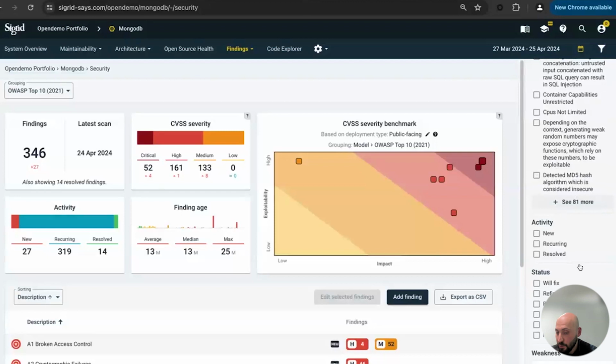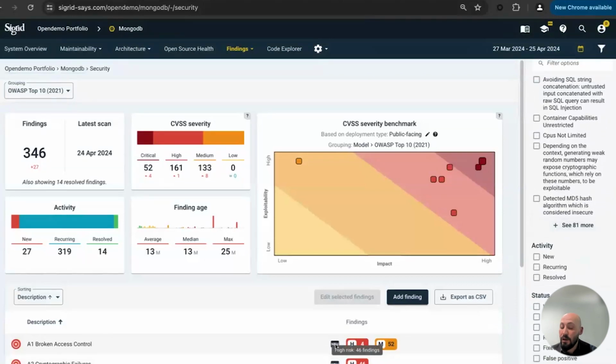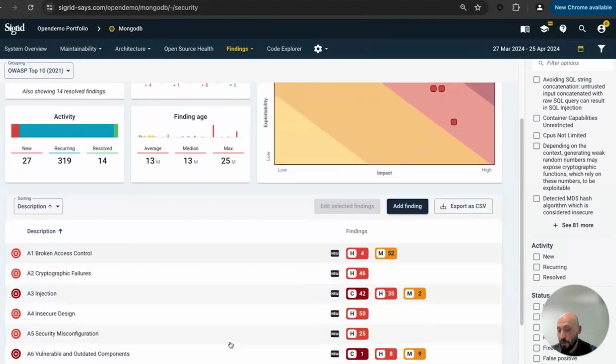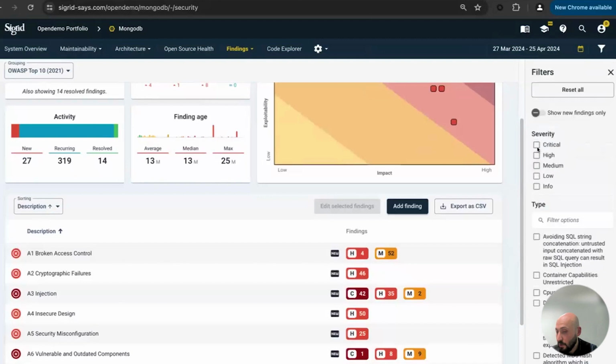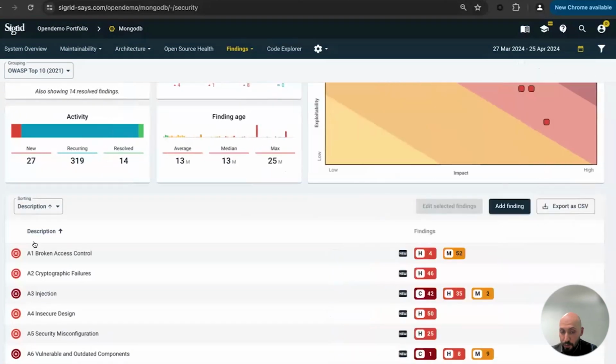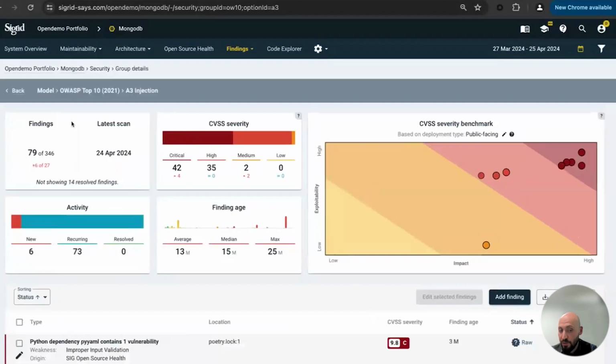Important to note again, these are findings based on automated analysis, and these all need to be refined. So let's suppose that I have this view in my system. I will go to the critical ones. Of course, you can filter which ones are the criticals, but you can also, if they are mapped to a specific model, usually the model that we use is OWASP Top 10, but of course you can use other ones.